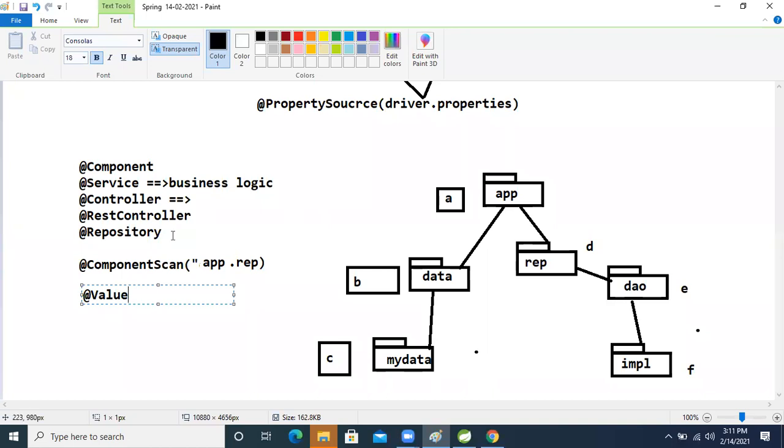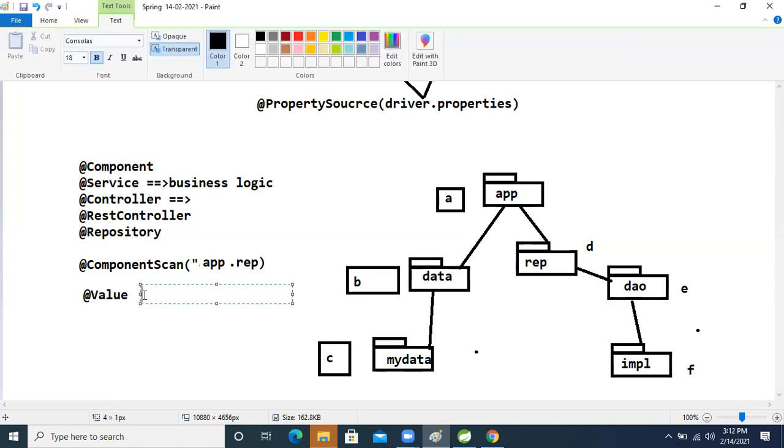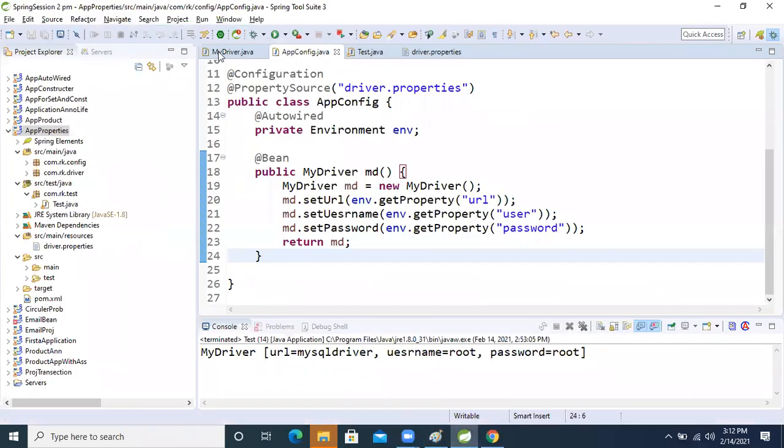The @Value annotation. When I explain value, on the first day I said that in Spring Core one more module is there. What is that? Bean and context. Bean I explained, because every day we are developing bean classes, right?